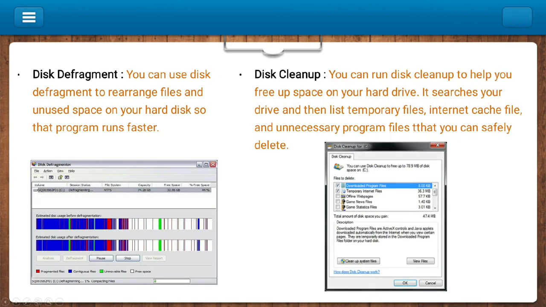Next you have the disk defragment. You can use disk defragment to rearrange files and unused space on your hard disk so that programs run faster. Okay, so another software which helps you to rearrange the files and also save space actually. The file which you are constantly using, it places at the front. And the file which you don't use, it places at the back, and it also arranges the